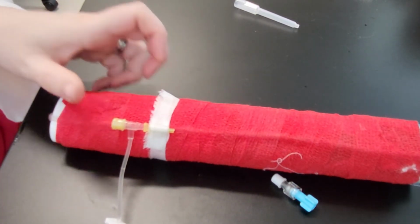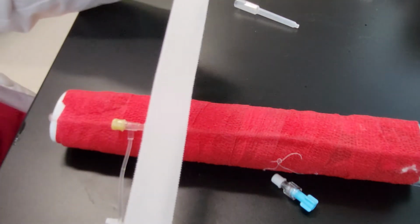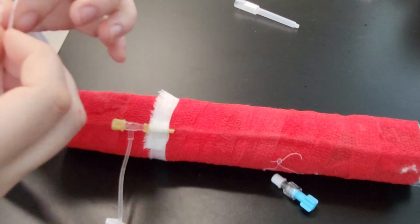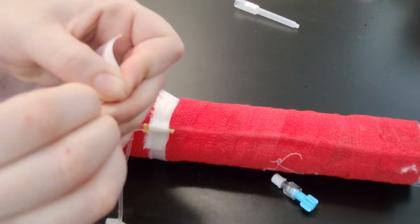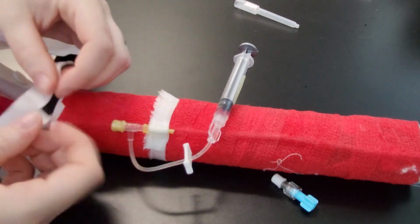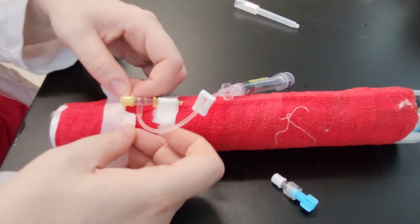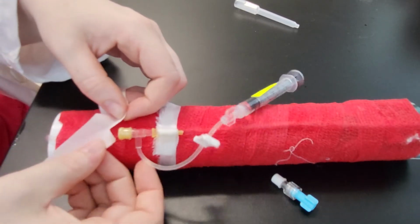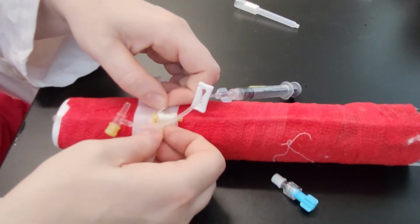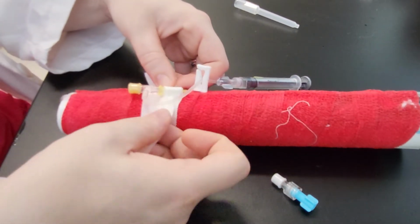At this point, I'm going to take my next piece of tape. This is going to be a full 1-inch piece of tape. And some people rip a little excess tab here in the side. You can, you don't have to, it's not 100% necessary, but people will do that so that the second piece, which is sticky side down, when you place it up underneath the catheter, it actually sits over the tape that